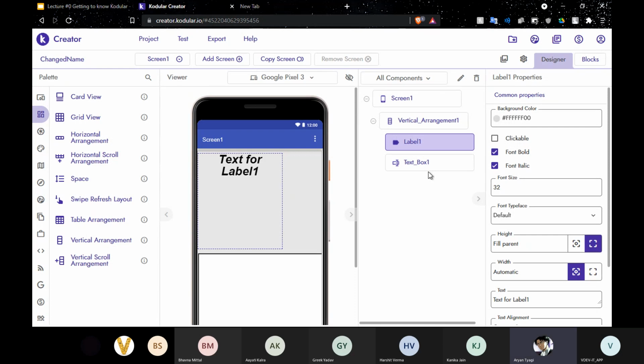Has anyone else also completed this part? Is anyone facing any difficulty? In case anyone is facing any difficulty, I'll make you presenter. You can share your screen, show us what your problem is, and there and then itself your problem will be solved.